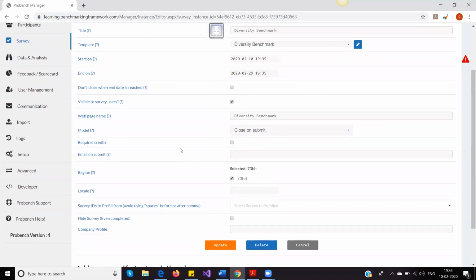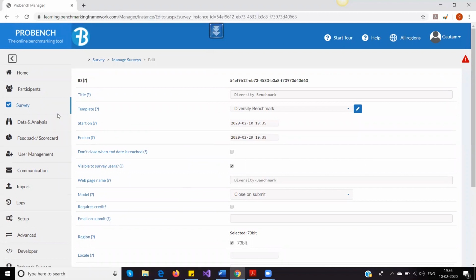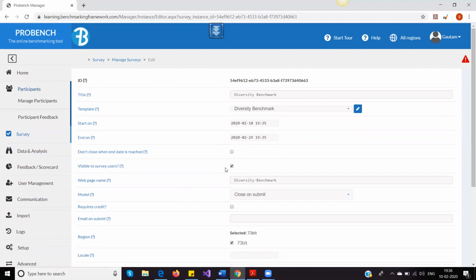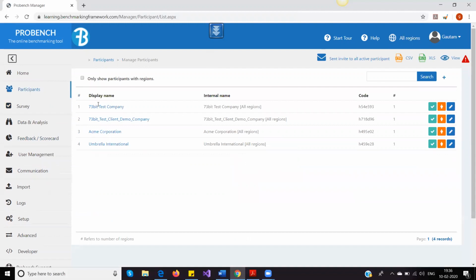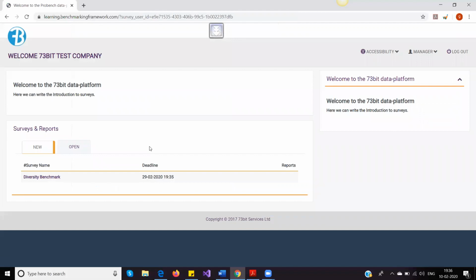Now, let's see if this survey has been created correctly. So to see the survey, because we have made it live, let's go to manage participants and go to a test company and click on login as that participant. Now, if you see under the new, I am able to see the diversity benchmark, which we have just created. It is in the new because it's the first time I'm going in and answering a question. So when I click on diversity benchmark,